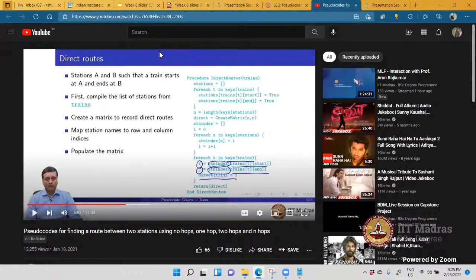Okay. Now direct is equal to create matrix n comma n. Here, how do you create a matrix? Just matrix. It will create directly one n comma n matrix with all entries 0. Okay, so station index is the empty dictionary, I equal to 0, for each s in the keys of station. Station has the station name mapped to true, correct? Station index s equal to I. So every station is being assigned a number now. Yes. And for each t in keys of trains,